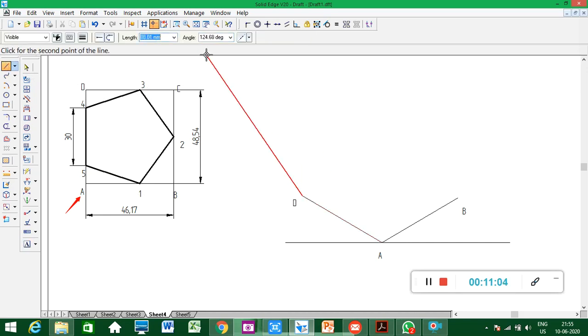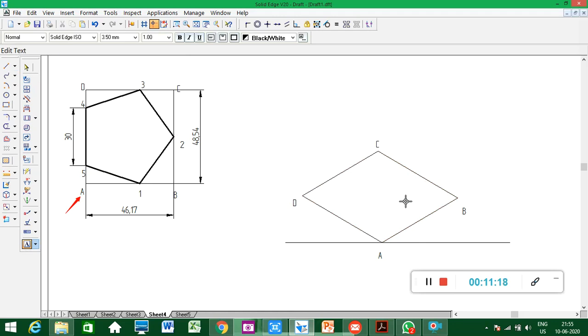You have to do everything thin. Remember, again I have to use a 30 degree angle. Length how much here? 46.17. So this is done. Now complete the box. Manually also you have to do it this way. Now what will I do? This point is C, I'll name it.